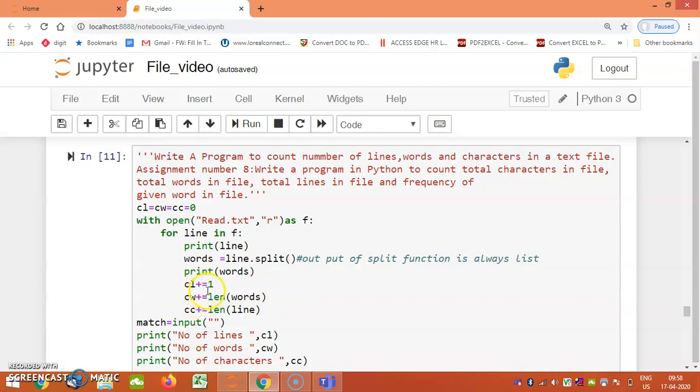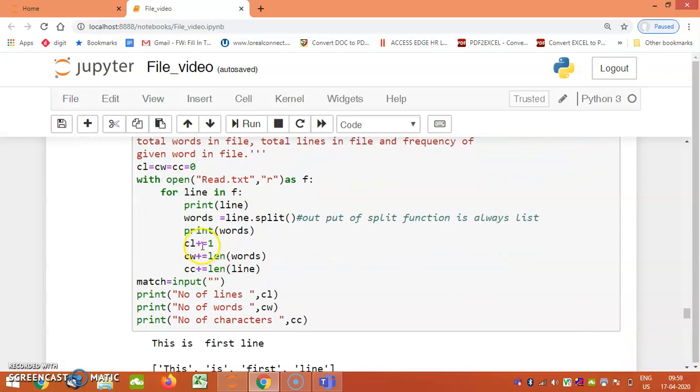After the first line, it will perform the same operation for the second line, then the third line, and then it will finish. Finally in cl, cw and cc, I will have the count of the number of lines, words and characters.